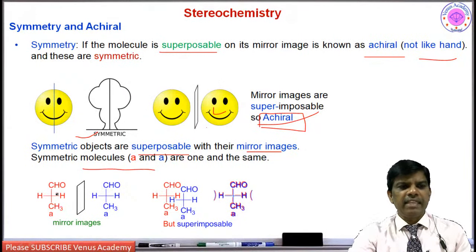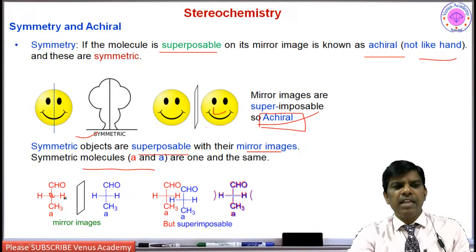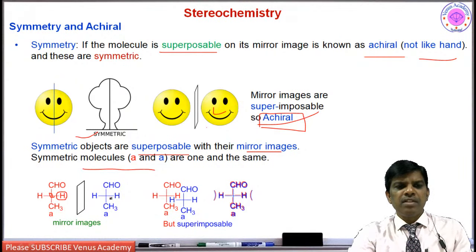So if I take this propanaldehyde, this carbon is attached to two hydrogens, the same two hydrogens, methyl on the downside and aldehyde on the upside, and the mirror image. Since this hydrogen is the same and this hydrogen is the same, if I put this blue molecule over the red molecule, yes, I can superpose them. So this is achiral,